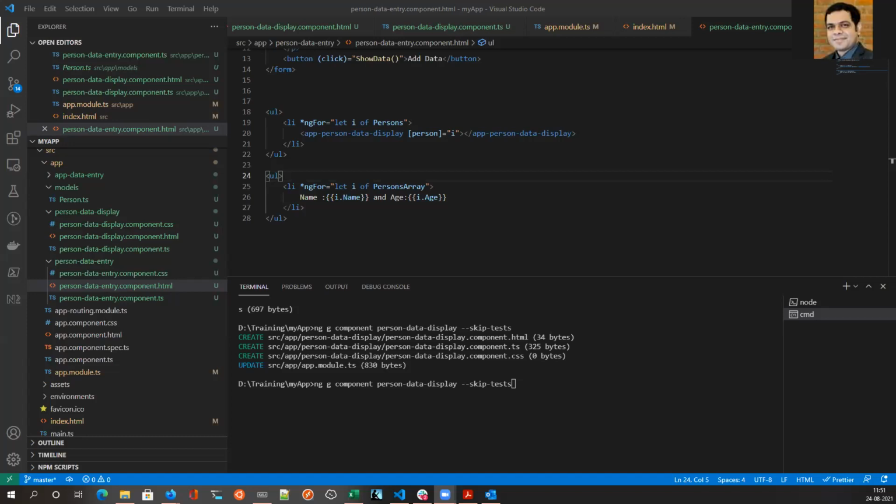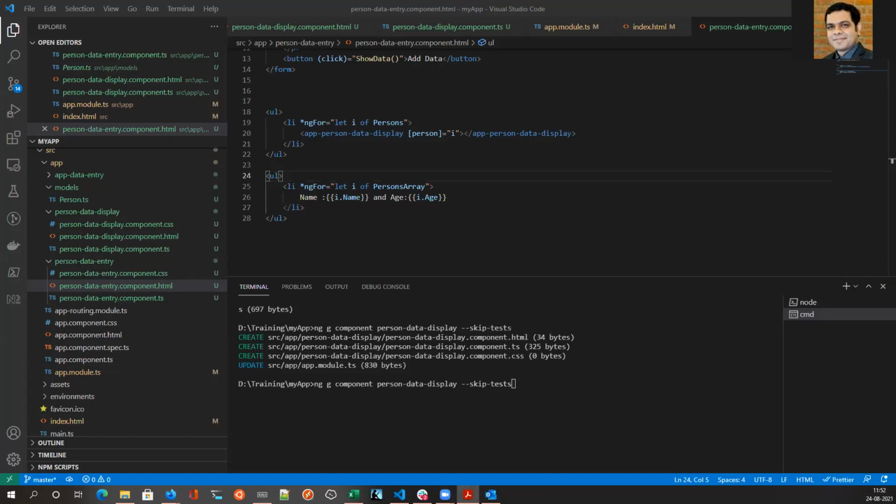So I think we are done for today's session. We have covered a lot about the basics of components: how you can create components, registering a component, displaying it, then doing two-way data binding, filling the forms, storing the data, and then displaying using ngFor. And then at last, we saw how we can do that through a child component. So this is how much we have covered so far in this session. These are all available in the PDF that I have shared. You can always go through it.